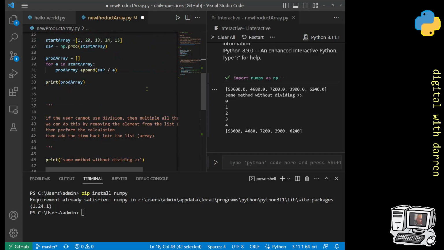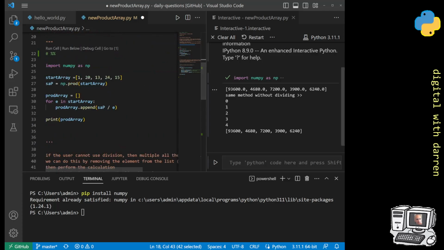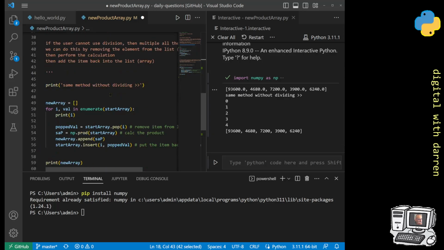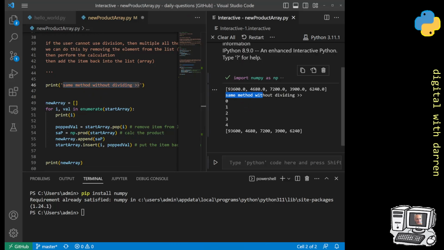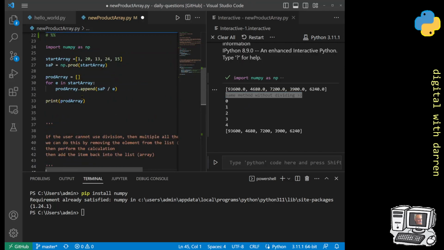And then we've got this second piece here, which is a follow-up, which is what if you can't use division. So, okay, we've done that, we're happy, we've got a result that comes out. And then I've got here, I've just done this same method without dividing, and we can sort of see it down below. Maybe I'll even put over here, again, because it's new,